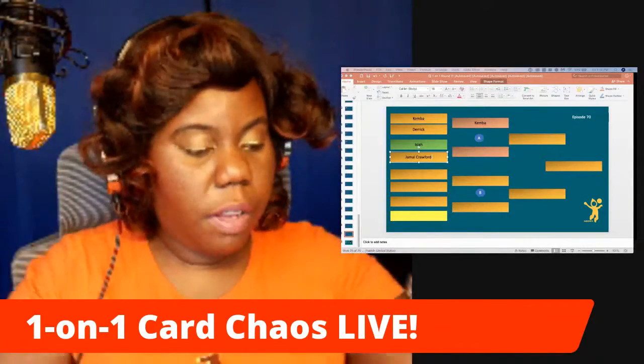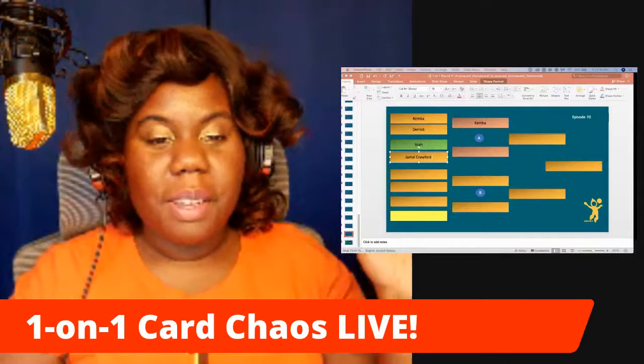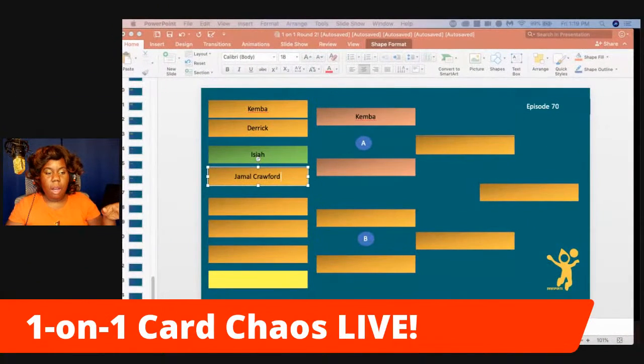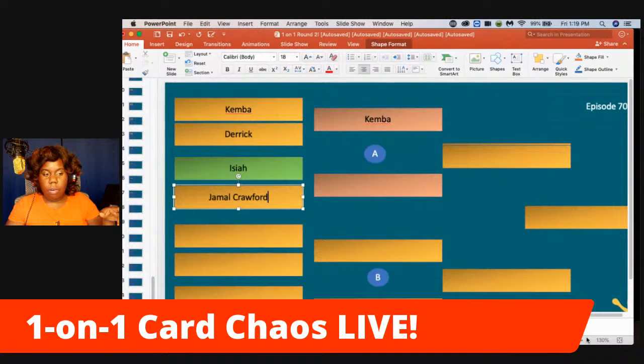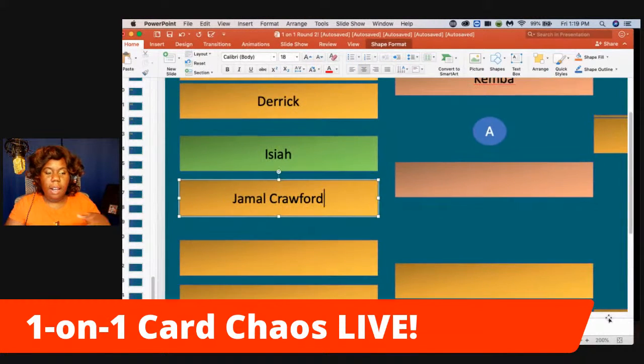In the event you feel like one of these players needs to be subbed out, go ahead and let me know. So this matchup is going to be Isaiah Thomas versus Jamal Crawford. If you want to sub, just let me know right now, or if not, we're going to go ahead with Jamal Crawford versus Isaiah Thomas. I'm going to give you 2 seconds to decide.